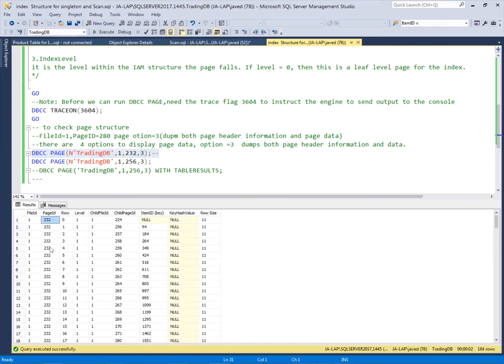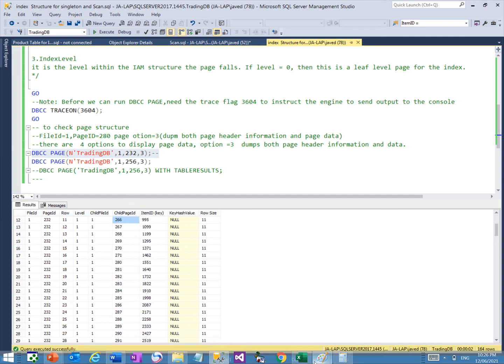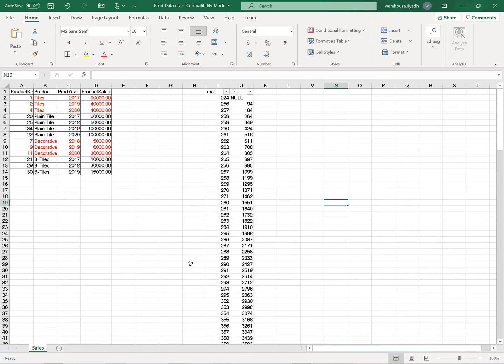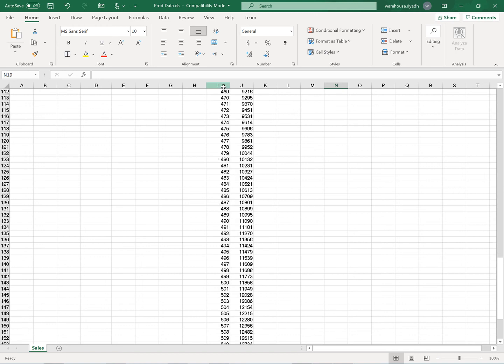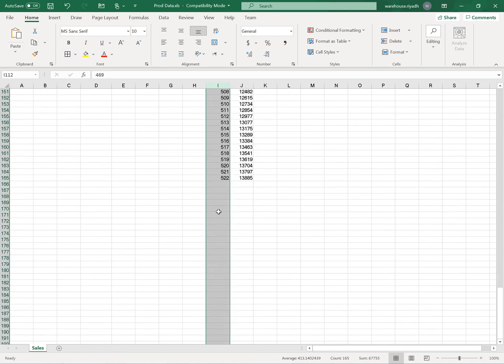Now this is page ID 232, which we found before is the root page, and this root page contains the child page IDs. The root page has this many child pages, I think 164 pages. I have these pages here in Excel.